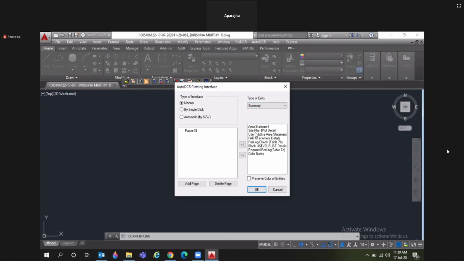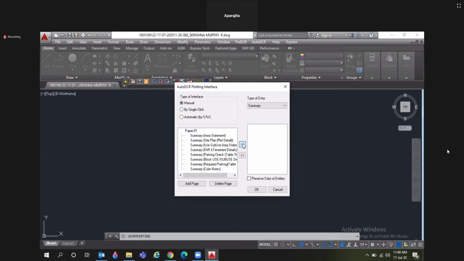So select, then select paper one, then move, then select blocks, then move. You can add page from the add option, and you can delete extra page from the delete option. After selecting all the summary, area statement, and blocks, click on OK.